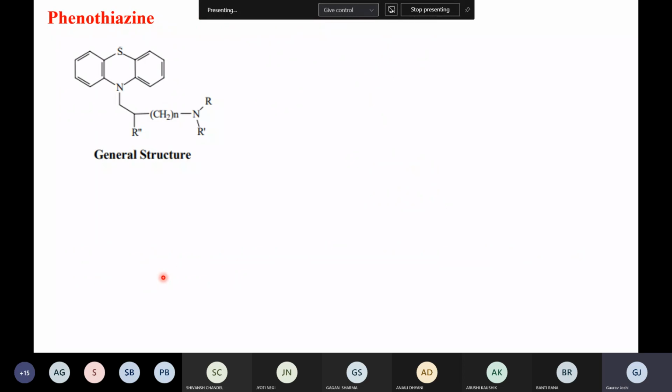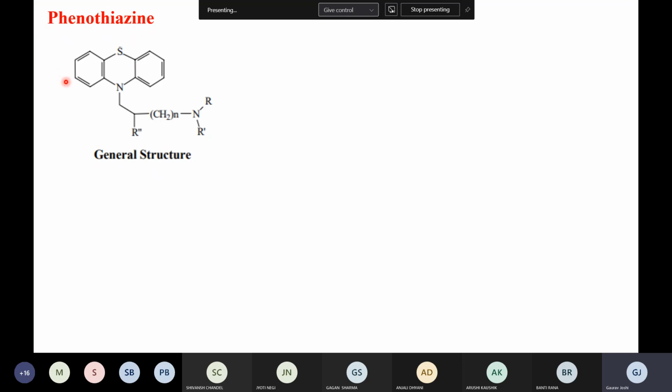Now we move to the phenothiazine. Right. So now the important things come here. We have discussed that we have to remove the flexibility of the molecule. For example, these two aromatic rings were attached by a single bond. Right. So there will be some flexibility. So what they have done, they have actually bridged these two aromatic rings, right? So they have made it a tricyclic type of molecule, right? So if the molecule is tricyclic, it will not be able to rotate freely, right? So this is the thing. So this gave rise to the phenothiazine category of H1 antagonist, right?